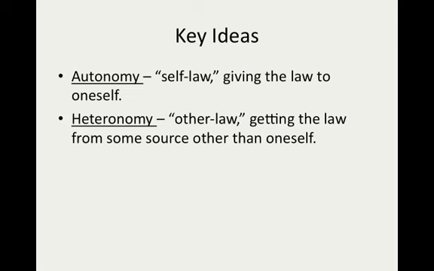Kant thinks that the moral law must be autonomous. It must come from the self. Now, the self that he's talking about, it's very important to understand. He doesn't mean you or me in our individual personalities, our individual identities. The self he's talking about is our rational nature, not our human nature, not the nature that gets hungry and tired and needs to reproduce and wants to learn, not that nature. That nature, with all our appetites and desires, might lead us astray when it comes to morality.